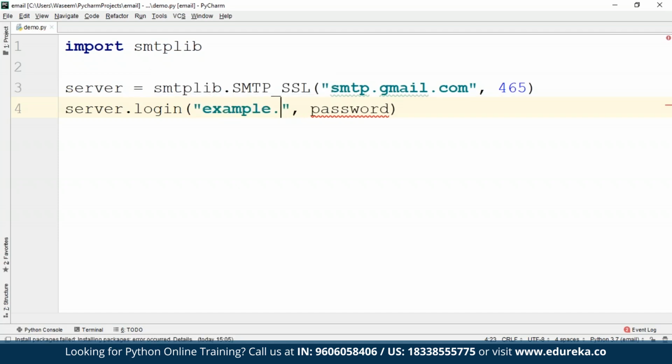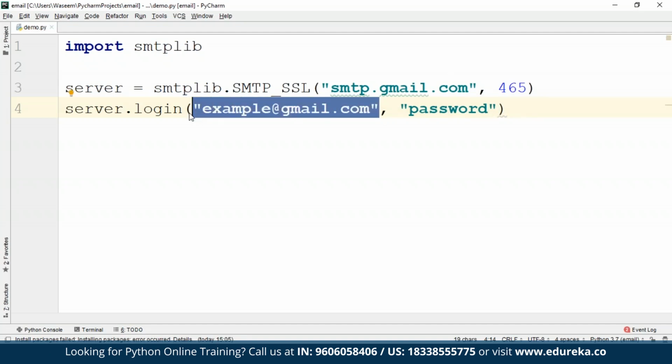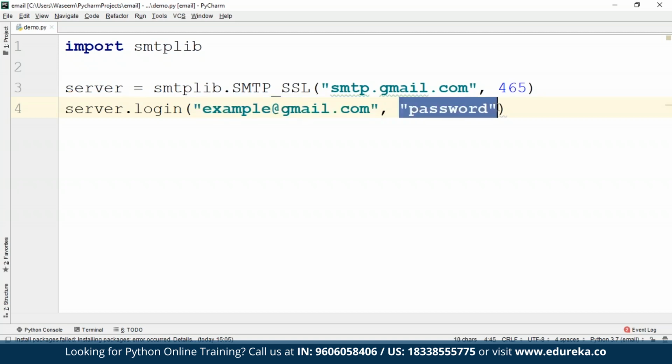So we'll just take example@gmail.com, and password we'll just keep as password only. This is just a sample program. In this field, you have to provide the email ID that you're going to use to log in, and here you have to provide the password.